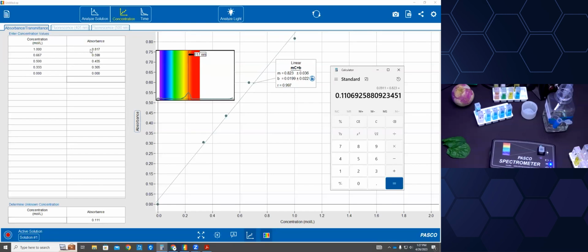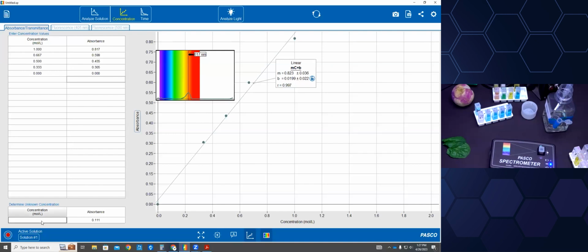Let me round to thirds. It looks like I have 3 sig figs up here. Yep, I can do 3 sig figs. So let's do 0.111 as a concentration. Wow, that's a nice coincidence. Oh, and look at that. It plotted this bright green dot for me saying, you're right, probably. And how do I know I'm right? Probably. Well, first of all, my value that I predicted is right there on the line